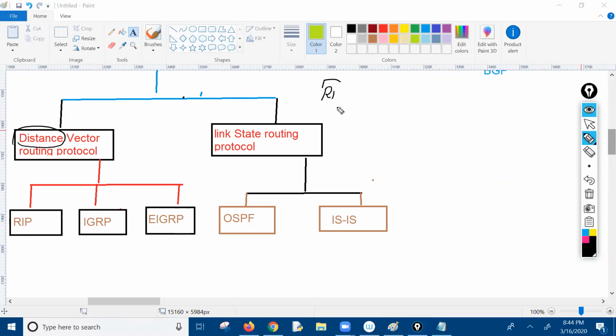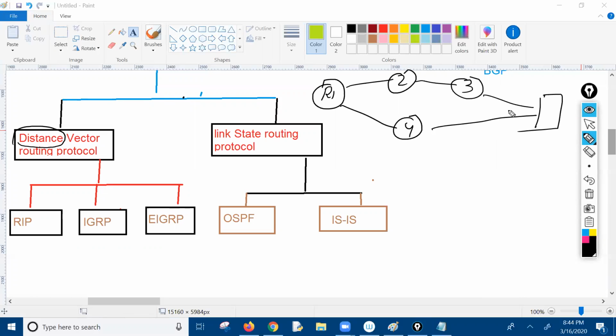if we have router 1, router 2, router 3, router 4, and a server behind them, and this one has connectivity with that one. For example, this link is 10 Mbps, this link is 10 Mbps, this link is 10 Mbps, and even this link is 1 Mbps, right? And if this link is 1 Mbps, and I'm going to implement the distance,